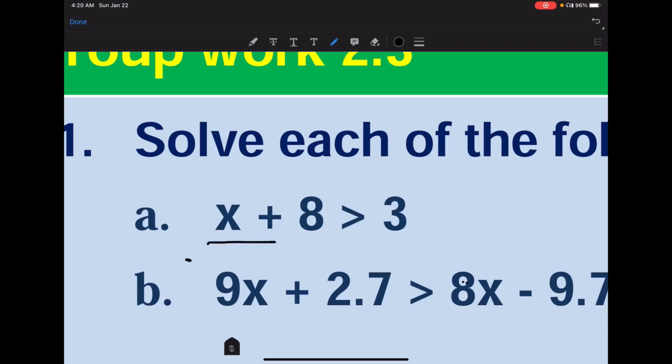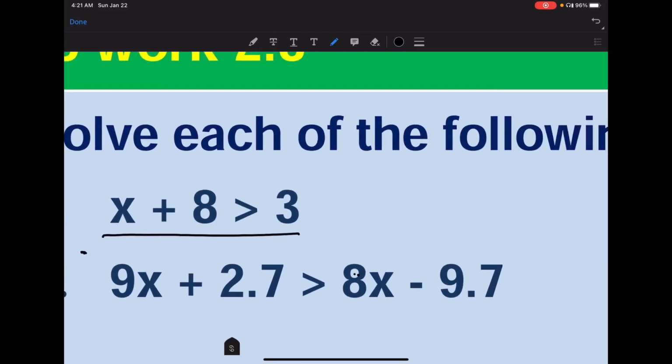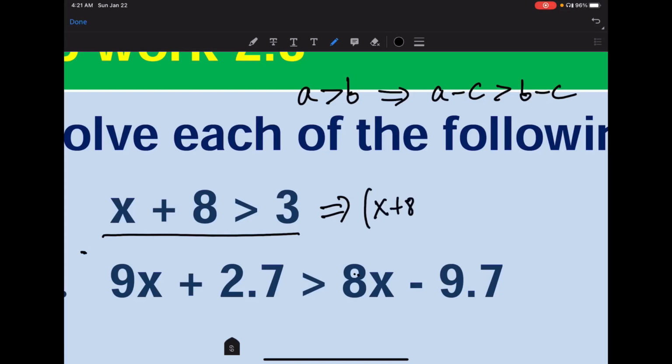1a ን ብንመለከት ምንድነው የሚለን፣ x plus 8 is greater than 3 ነው የሚለን። ታዲያ እንግዲህ በሩል 1 ምንድነው የሚለን፣ if a is greater than b this implies a minus c is greater than b minus c ነው የሚለን። እንደ both sides subtract ማድረግ እንችላለን ነው የሚለን። ለዛ አሁን x plus 8 ነው የተሰጠን፣ x plus 8 as both sides 8 and subtract ባረግ is greater than 3 minus 8 ማለት ነው።